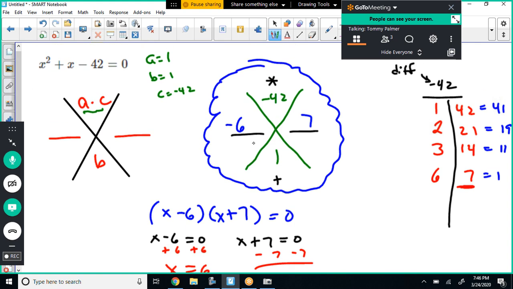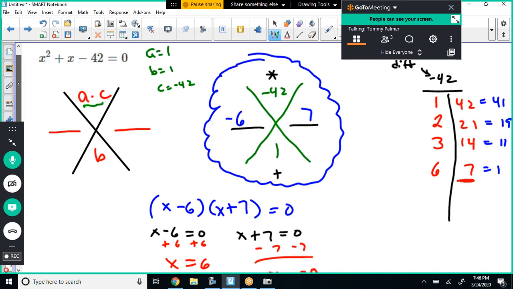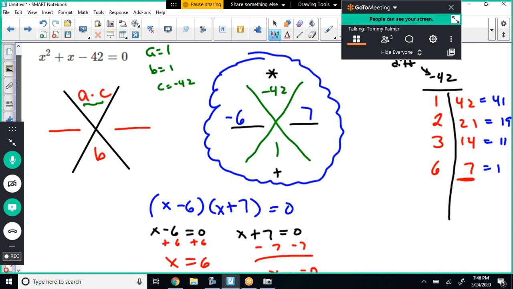I teach grouping if this A was something other than a 1. And what I mean by grouping is this. So I want to show you something. X squared